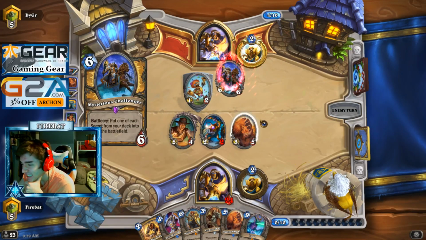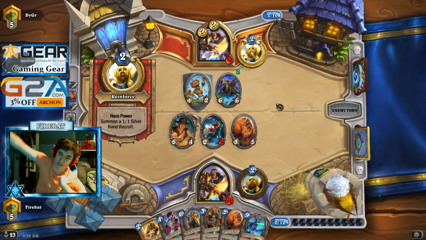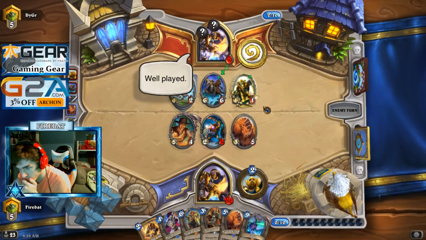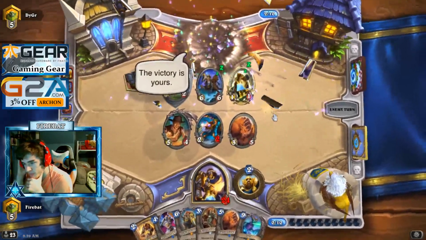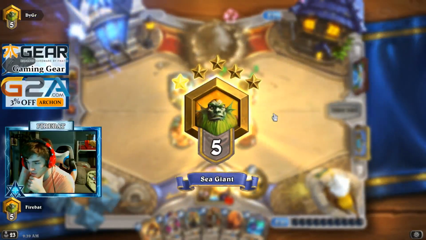Who am I? None of your business. Alright. He's done Tyrion, he's done Boom, and now he's done Challenger. Reporting for duty. No problem. The victory is yours. He's got 2 Noble Sacrifice, 2 Avenge out of the way, so we had 8 on the table still, so that was